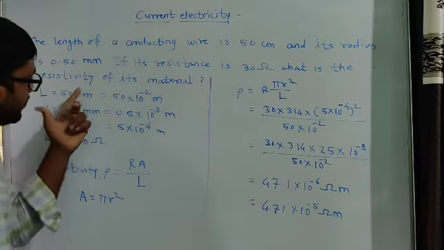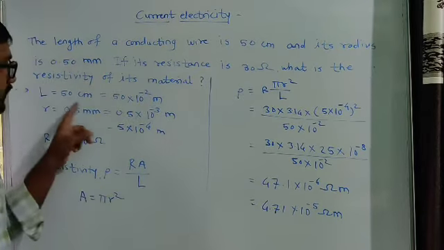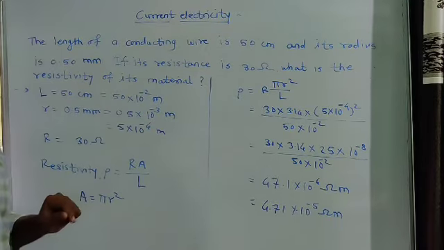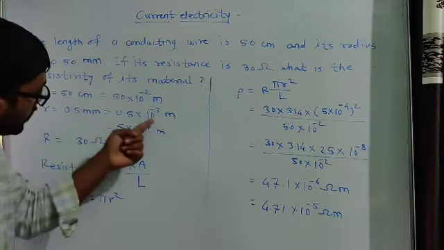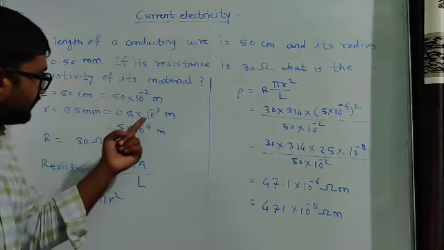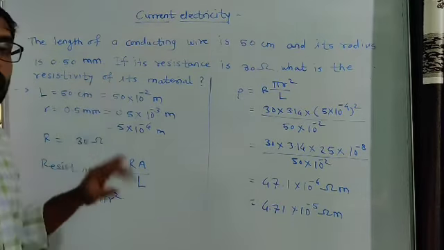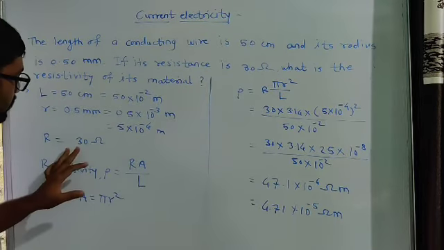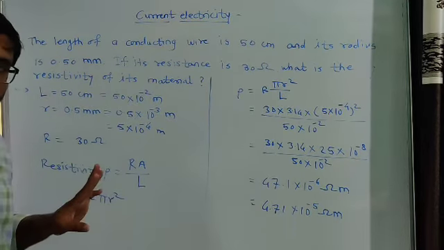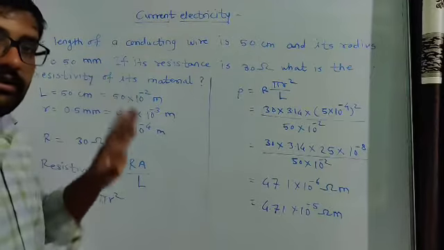Look at, centimeter can be converted into meter by multiplying by 10 raised to -2, and mm can be converted into meter by multiplying by 10 raised to -3. So these things you also have to remember. Again, the formula is important. So these are the steps I already told you.